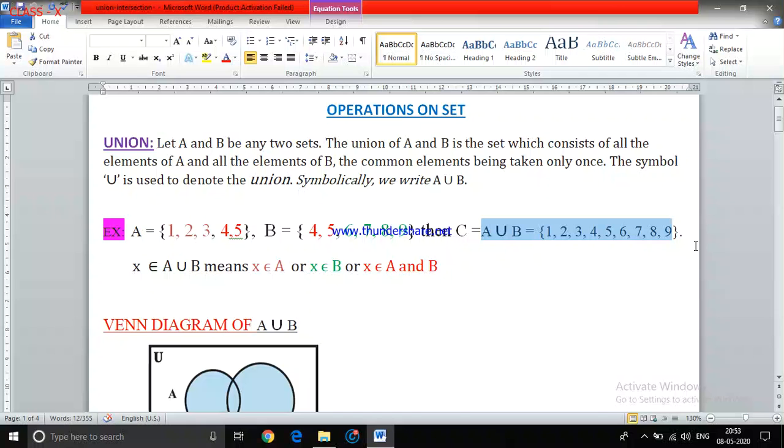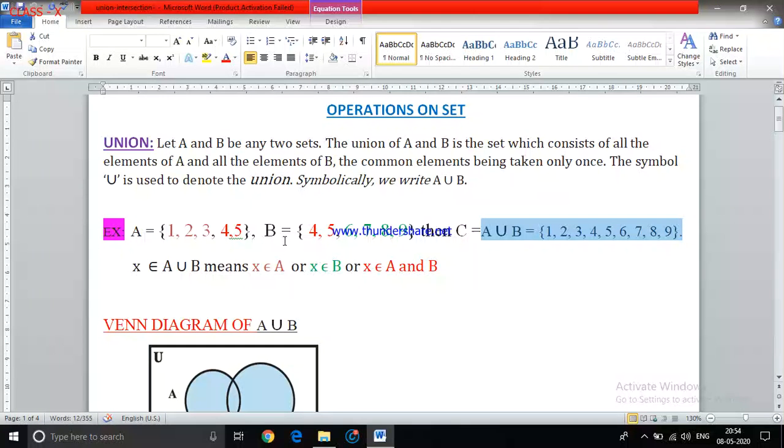Okay. So that means if I give the set A union B as 1, 2, 3, 4, 5, 6, 7, 8, 9, and I ask you to write what the elements of A and B are, in the reverse process. Here you have seen A and B are given, then you have written A union B. Now if I give A union B and ask you to extract what set A is and what set B is, that will be difficult, because we are not sure whether exactly the elements belong to A, or to B, or to both A and B. So the reverse questions you won't get.